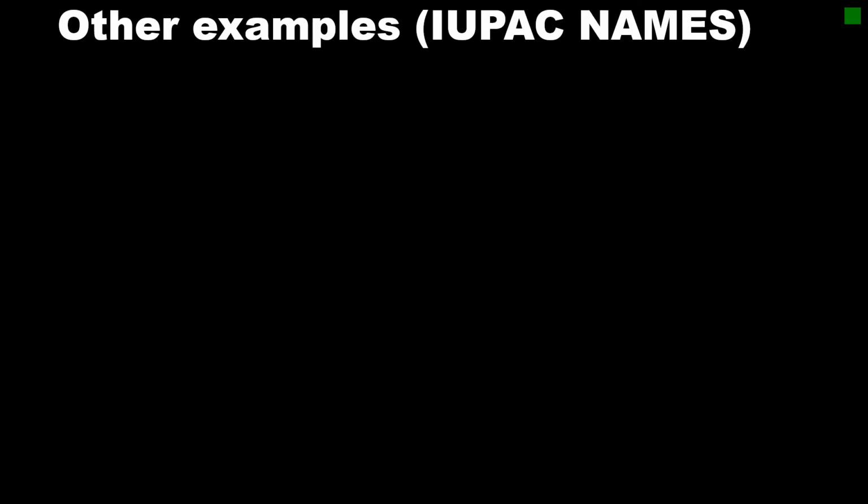Other examples of naming alcohols using IUPAC rules. The first example is CH3CHOHCH2CH3. The first step is choosing the parent chain, and the parent chain is the longest continuous carbon chain, which has many OH groups and many branches. In our case, the parent chain is